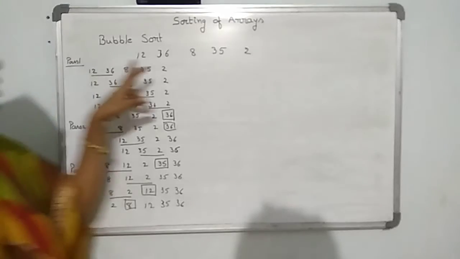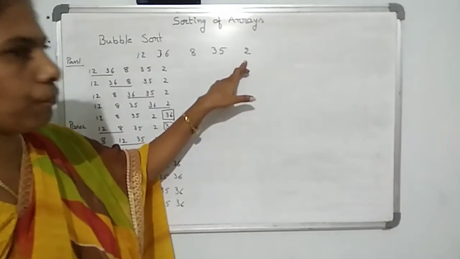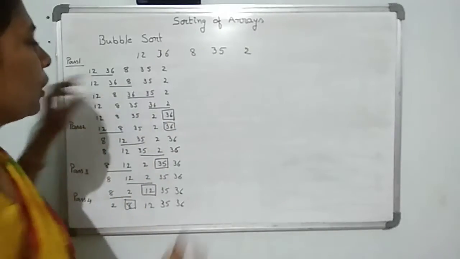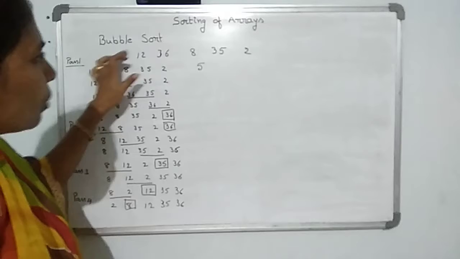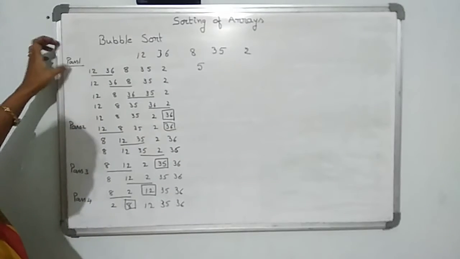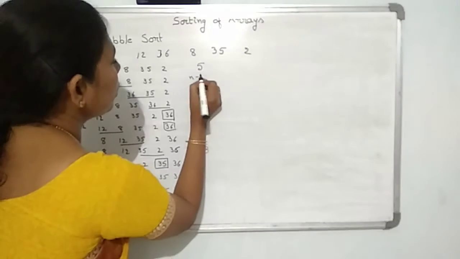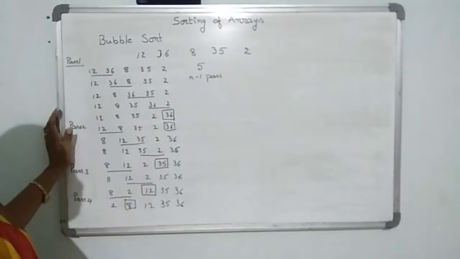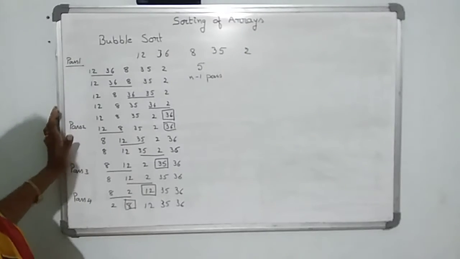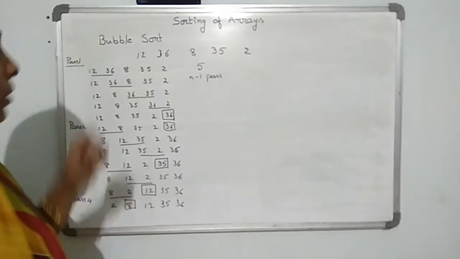If you observe here, the number of elements is 1, 2, 3, 4, 5. If the number of elements is n equal to 5, and you want to sort all the elements, in that case you have 1, 2, 3, 4 passes. That means n minus 1 passes are used for sorting all these elements. Okay. How do we apply the process of the bubble sort?